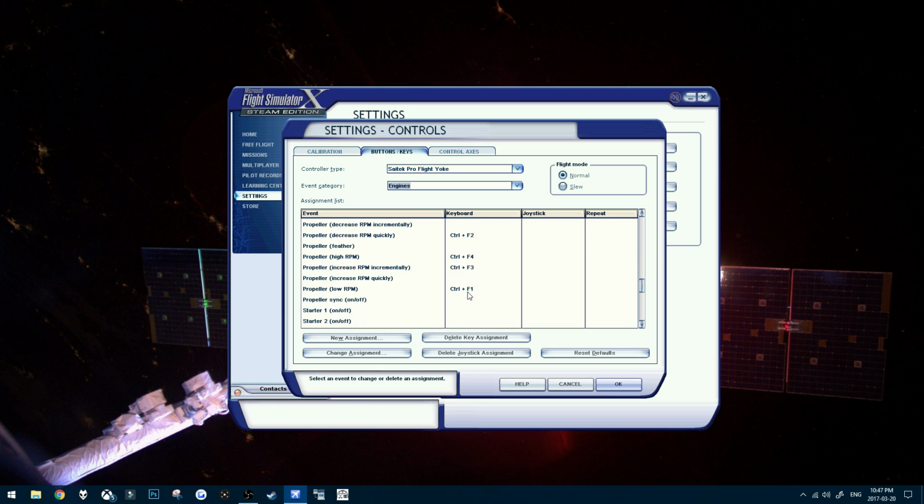If you go down, I will show you right here. Now these are basically your reversers. If you guys don't know what a reverser is on an aircraft, it helps the aircraft slow down when you are about to land. If you guys have noticed with your Pro Flight throttle quadrant,